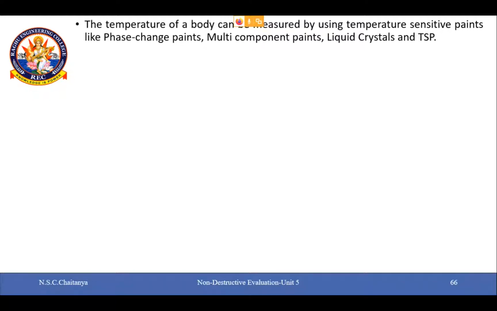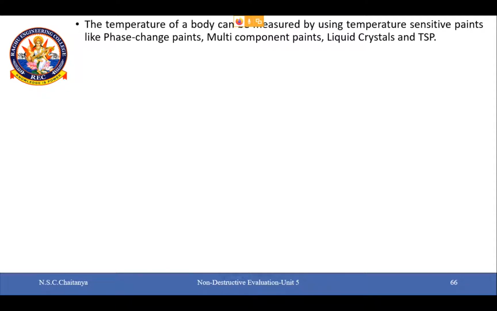Phase change paints are nothing but simple paints which constitute wax. So upon application of these on a component, we can clearly identify an isotherm line upon plotting the solid and liquid phases on a graph. It is quite easy to do that because wax either stays in the solid state, or when it is subjected to heat, it changes into the liquid state. And we can draw an isotherm very easily, and plotting that we can identify the different phases.